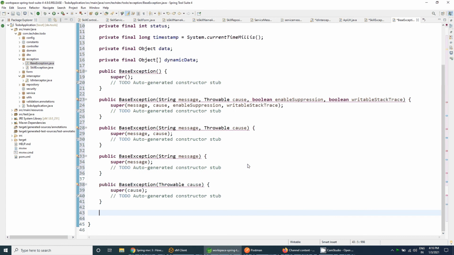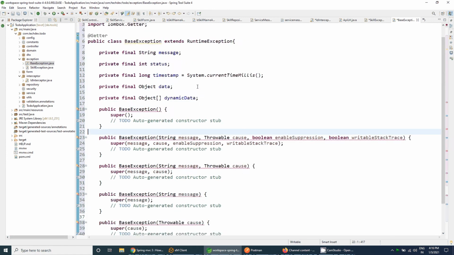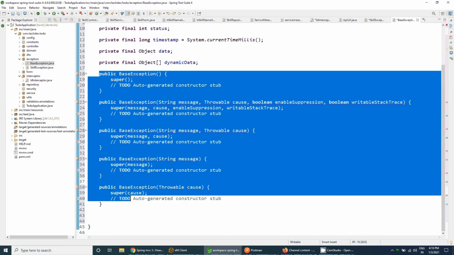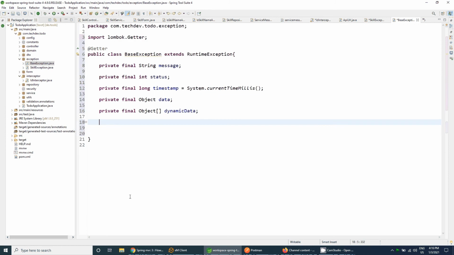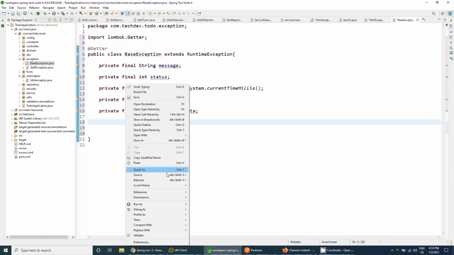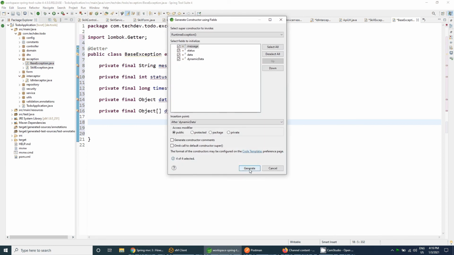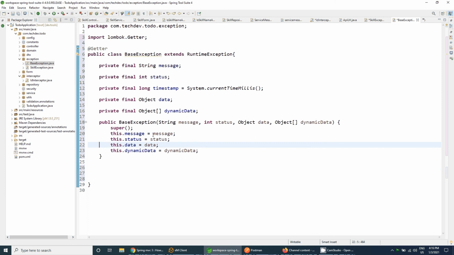It will generate like this, or you can use your custom BaseException constructor. I think it would be better to use the custom constructor, in which we can right-click on the source and generate the constructor using fields. Inside that, the super constructor will definitely be called.